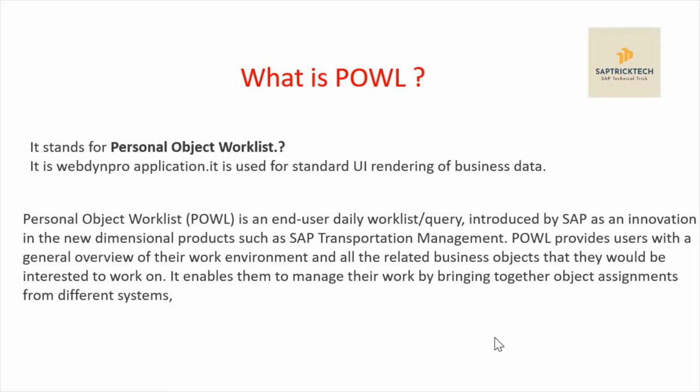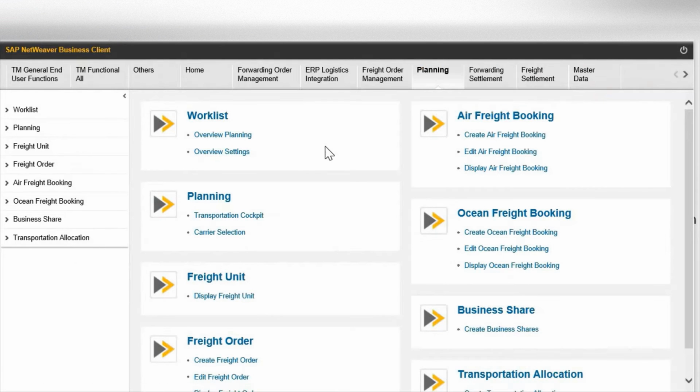So today we will see how POWL is visible in the TM system. We will take an example of the freight unit worklist. This is the NWBC transaction in which, if you go in the planning tab and overview planning,